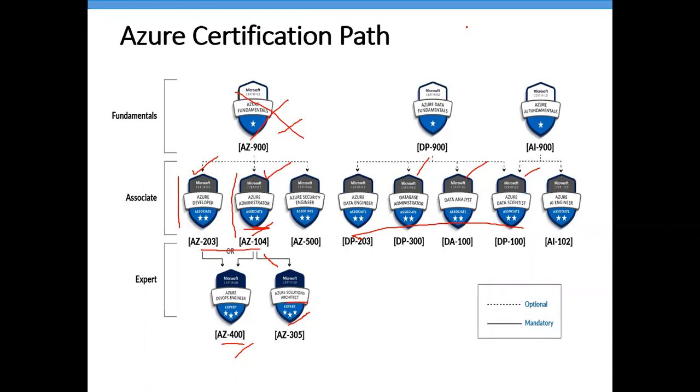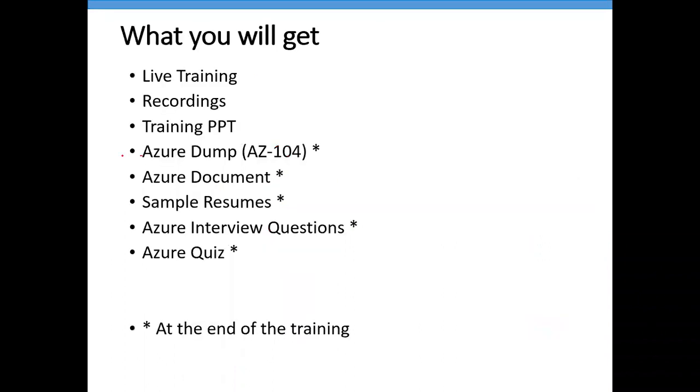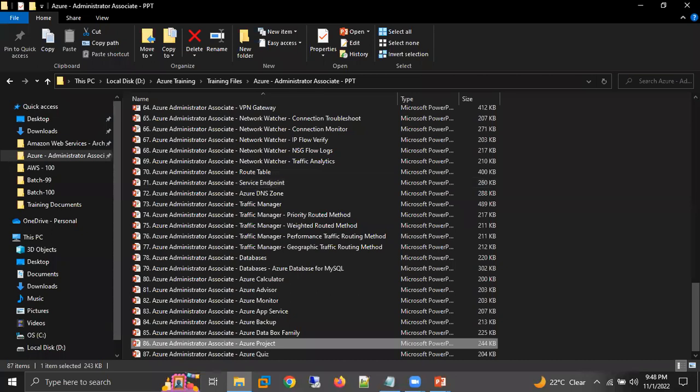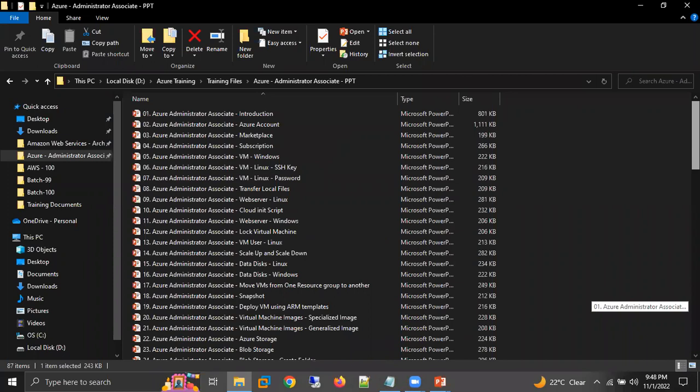Okay, sure. So the dumps will be non-cost? So the end of the training, you are going to share it, including under the cost. Okay, so the cost you are paying is including that. And the PPT you will provide on a daily basis, which you complete? On a daily basis. Recordings will be accessible only on the portal or the app side, there is no offline. PPTs will also be uploaded in our app.